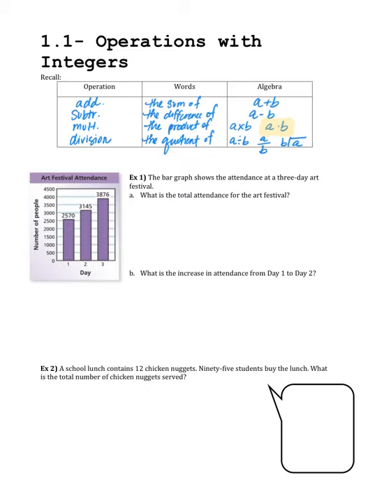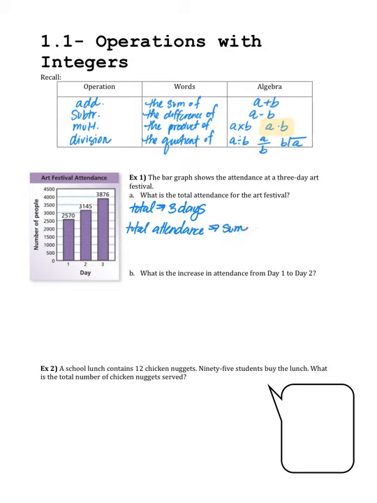Okay. All right, so taking a look at example 1. So here we're going to look at this bar graph, and this is talking about an art festival attendance. So the first part of this question is, what is the total attendance for the art festival? You want to find the total attendance for the 3 days, because total, we're talking about 3 days. So from there, in this case, the phrase total attendance, taking the word attendance into consideration,